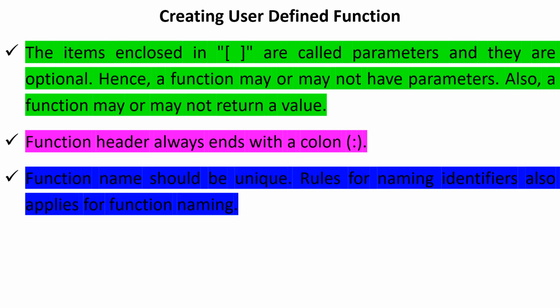Then the function name should be unique, and this function name should be declared according to the rules of defining an identifier. It means the rules for naming an identifier of the Python programming language have to be followed while writing the function name. For more information regarding identifiers and rules for declaring identifiers, you can cross-check with the previous videos